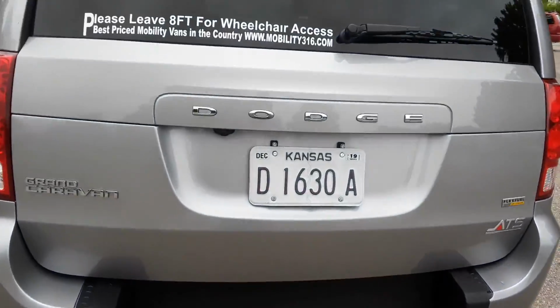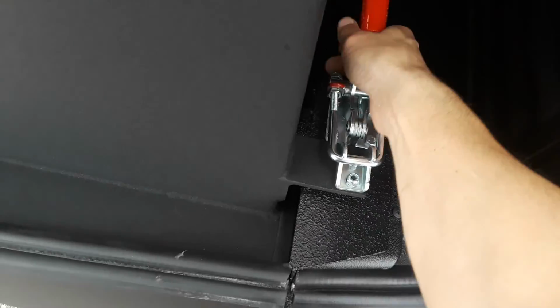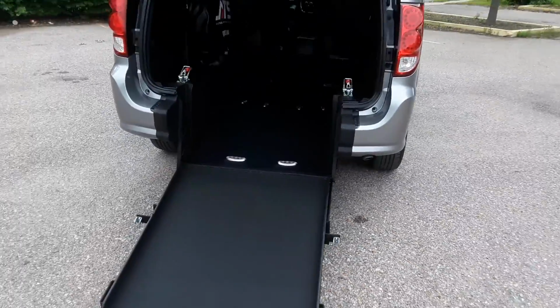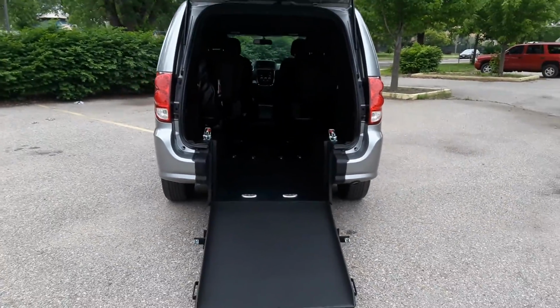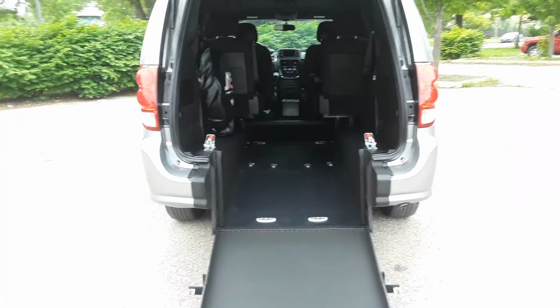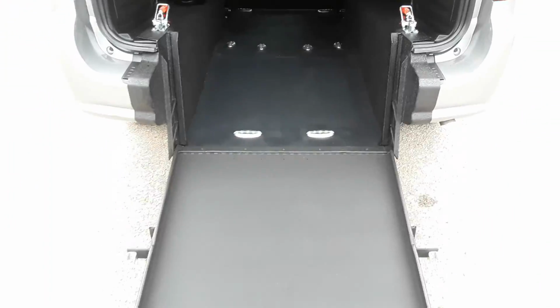I'm going to pull the door open. There's clamps on each side of the ramp. Each side of the ramp has a handle. I'm going to lower it to the ground, and it's as easy as that. If you can lift a half gallon of milk off the ground, you can operate a manual ramp and door. Again, it is ADA compliant, 34-inch ramp,